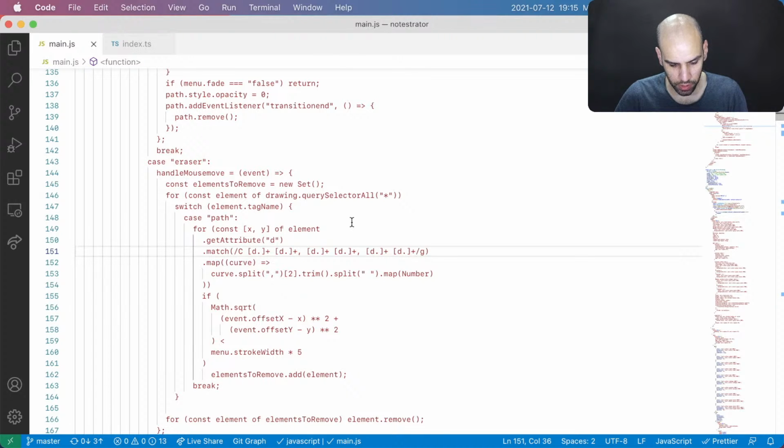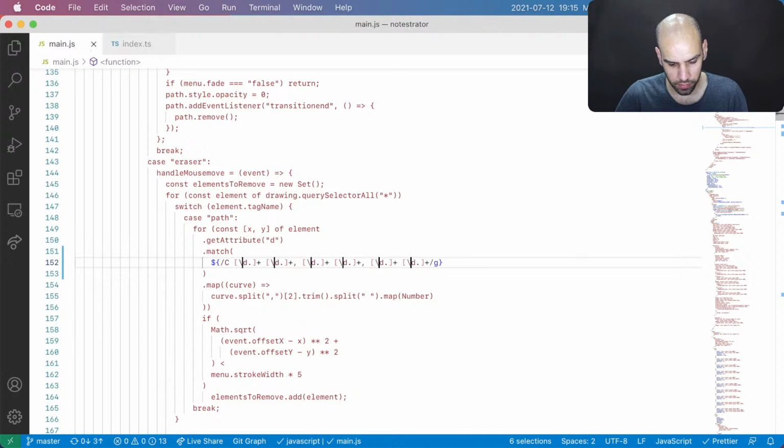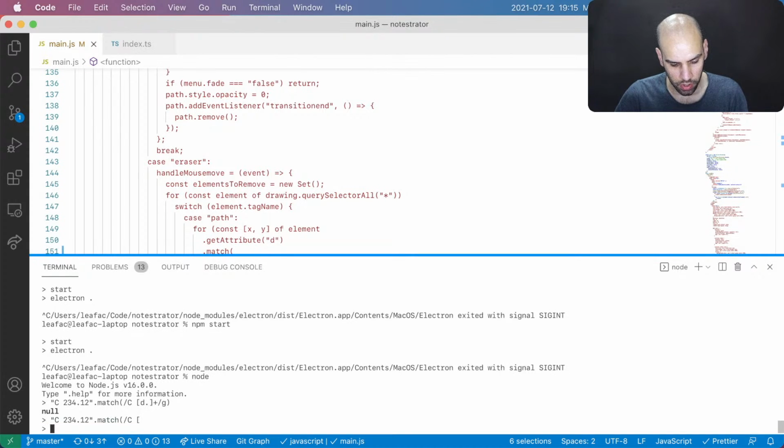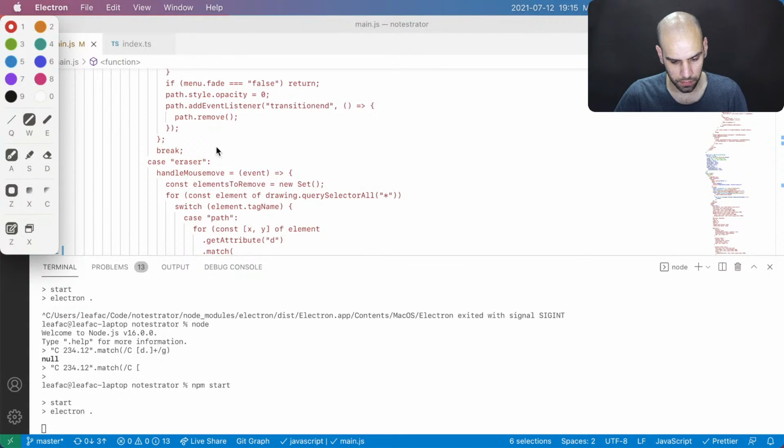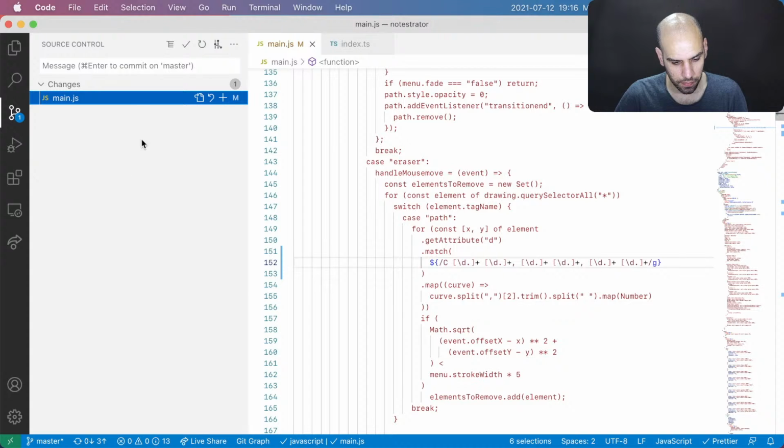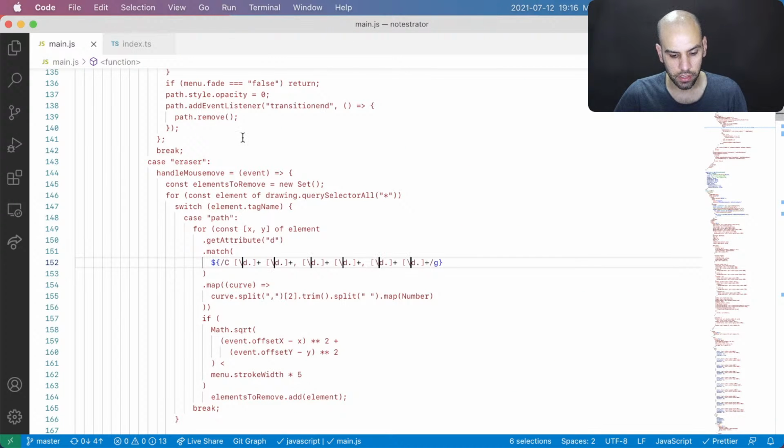So the way I can do this is by interpolating a regular expression, because in JavaScript a regular expression prints as itself. And there are no escaping issues. Yeah, that's kind of unfortunate, but I think it will work now. So we can draw, and the eraser erases. Alrighty. Fixed the eraser. Next,